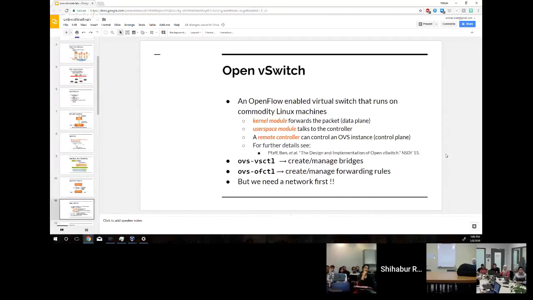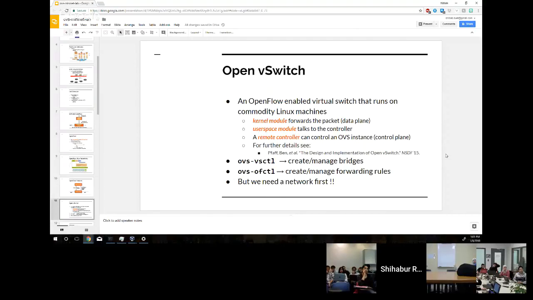So far we have seen examples of how OpenFlow works, right? OpenFlow defines a switch. There is also a protocol for switch to controller communication. Now, Open vSwitch started as a reference implementation of an OpenFlow switch. Because when the OpenFlow protocol and the switch architecture were first defined, we needed a reference. There was a requirement for a reference implementation. So Open Virtual Switch started as a reference implementation, but now it has become a production grade virtual switch,